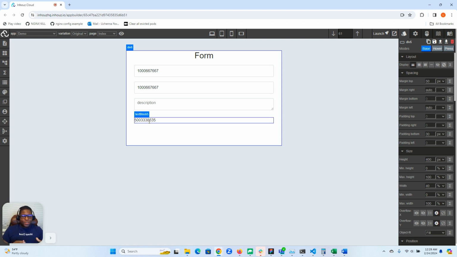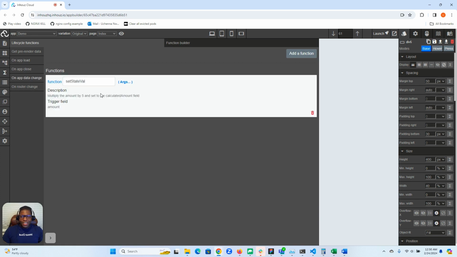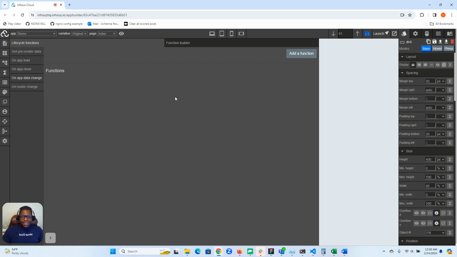So I've shown you how to use these lifecycle functions, and I've given you two very horrible scenarios that you should never use. Data change is not to be used in this way. It should be used for things that can only be done using that lifecycle function. For example, this scenario that we just did here can be done in a much more efficient way, and I'll show you. So if I just go over here to my data change and I just delete this,